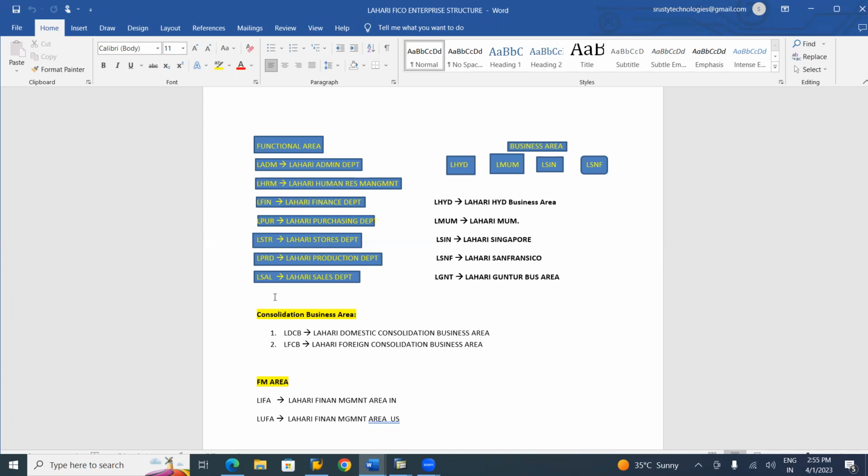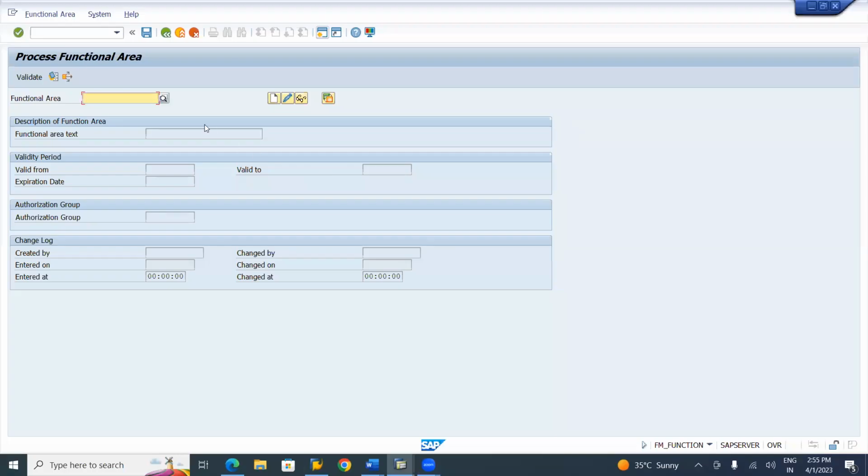So first of all, I'll create. Here, L admin, L is nothing but Lahari admin department. Click on LADM, write down LADM and click on the create button. Create functional area. Next, write it as Lahari admin department. See here, Lahari admin department, and valid from